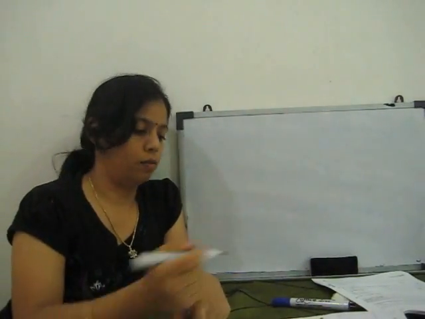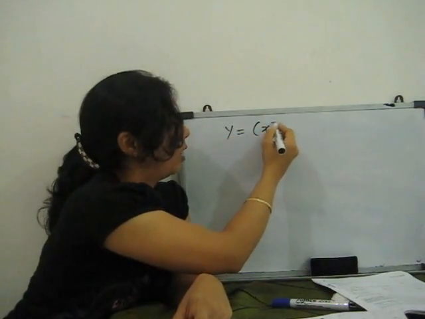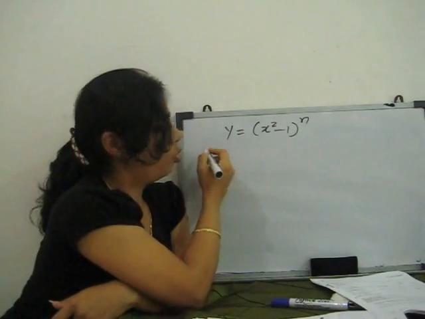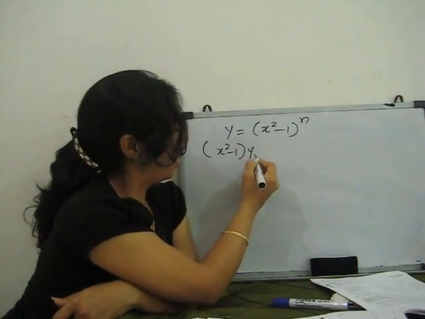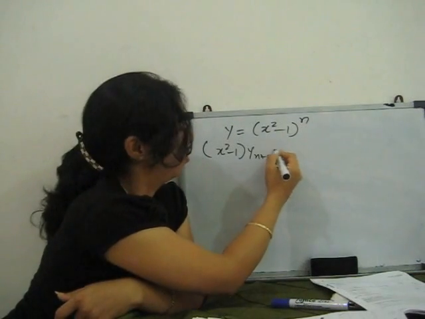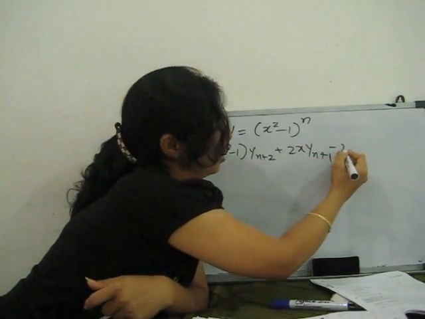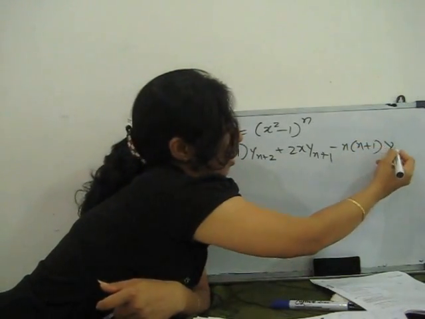Now if we have y is equal to (x square minus 1) to the power n, then prove that (x square minus 1) y n plus 2 plus 2x y n plus 1 minus (n plus 1) y n is